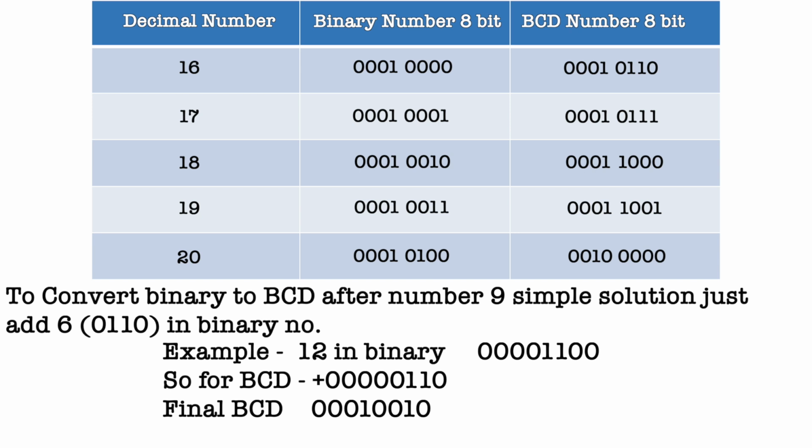So first we write 12 in binary. 12 represented in binary is 00001100. To convert 12 to BCD, we add 6, and 6 in binary is represented by 0110. You can see in the diagram or in the examples,